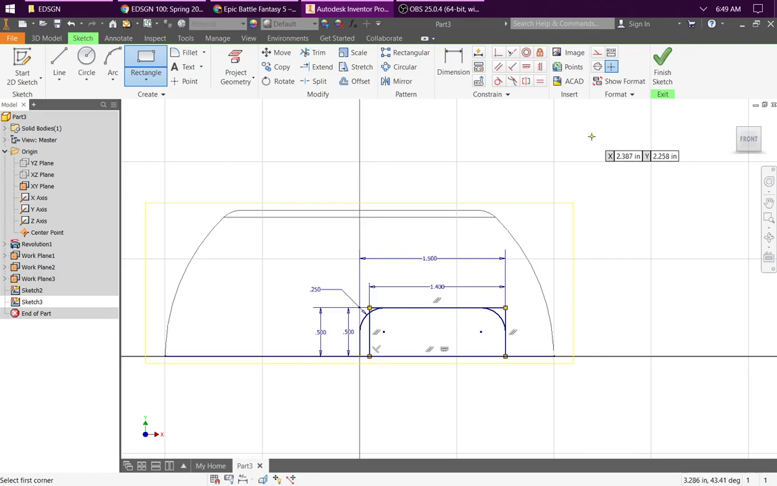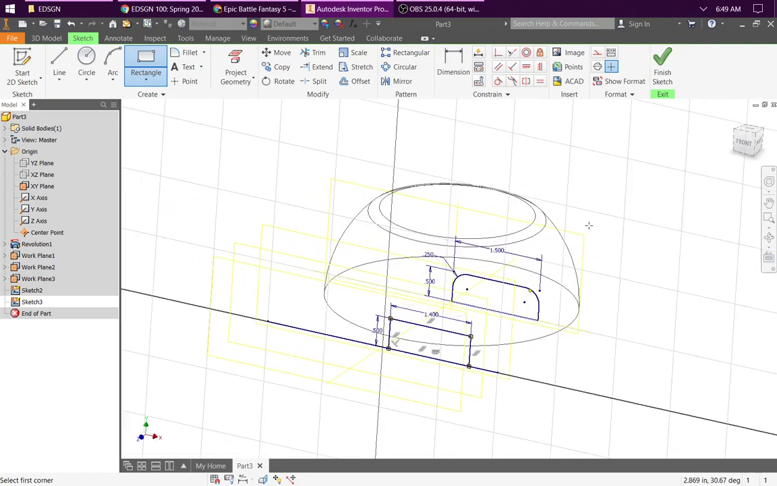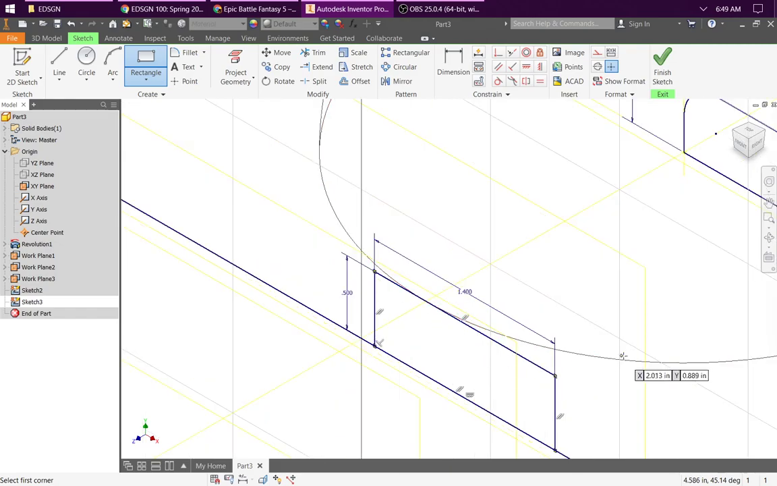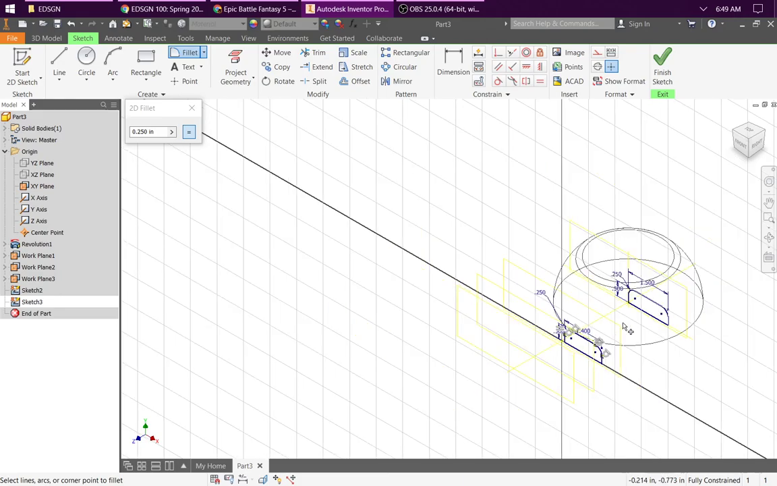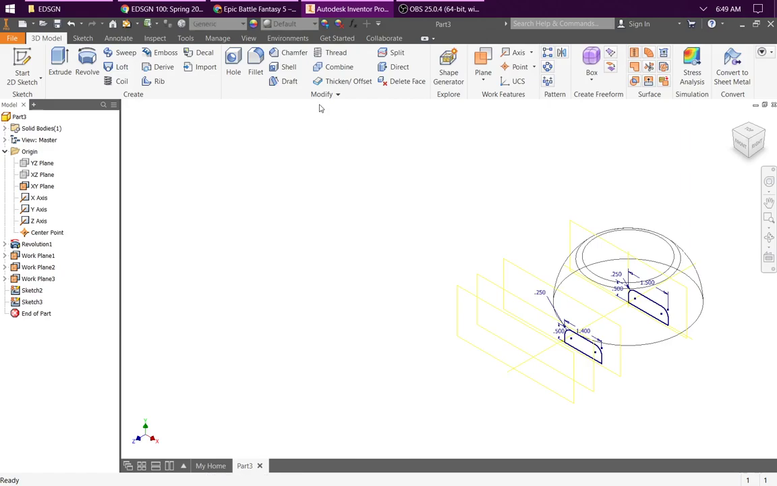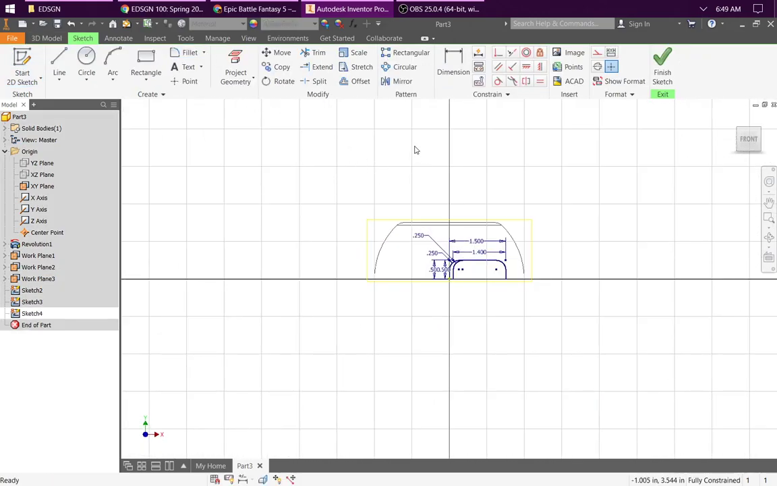And I'm going to hit F6 again to go to isometric view. It is a little easier in that case to see the rectangle that I'm working on as opposed to the one that I did previously. Now I'm going to fillet the corners again, and it is still set to a 1/4 inch fillet, which is good. That's still what I want. We'll finish that. I'm going to select my work plane number 2, start a sketch on that one,